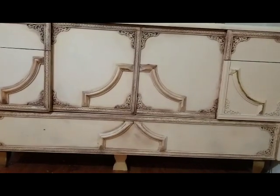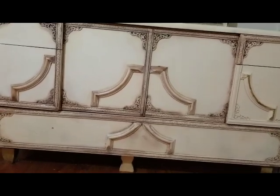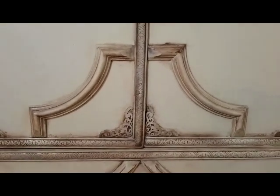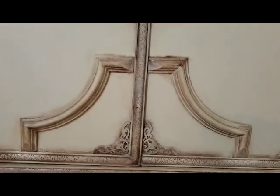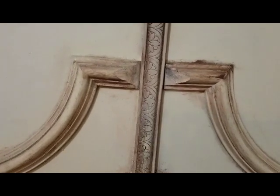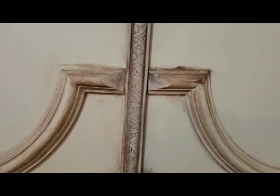And what I did was I used a paintbrush. So I'm taking you in now so you could see what I did. So I had to, right in here, cut the piece down. Some areas will be darker than others, but what you could do is